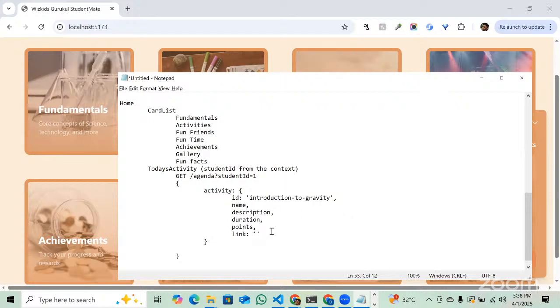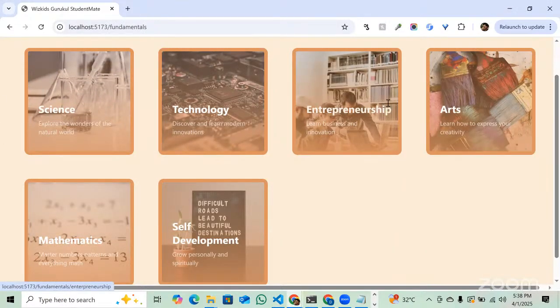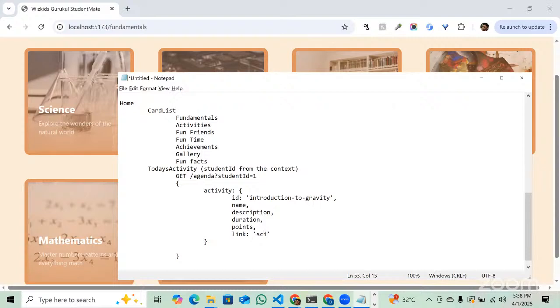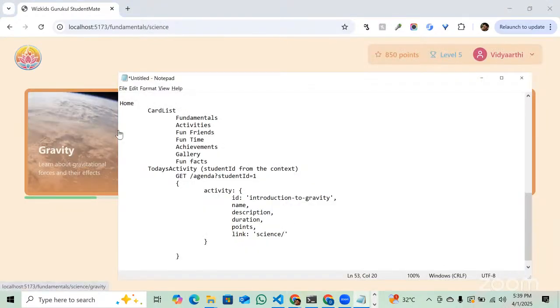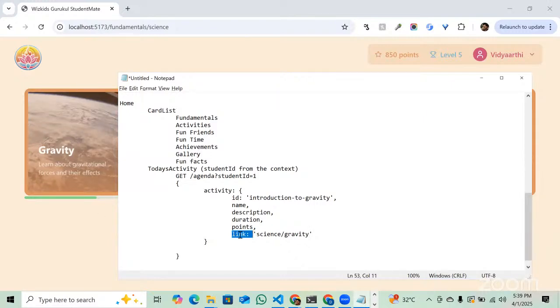Okay, so backend can specify at the very least, if they don't want to worry about fundamentals and achievements and scorecard and all, then at the very least, what they can say is science, then gravity, okay,